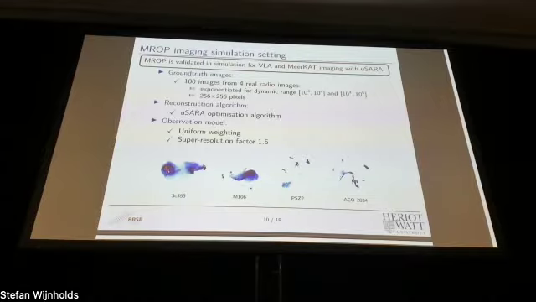And for imaging, we're using an optimization algorithm called USARA, which stands for Unconstrained Sparsity Averaging Reweighted Analysis. It's a pure optimization-based algorithm that exploits the sparsity in 8 different wavelet domains and also the basis domain. And for the observation model, we're only considering uniform weighting with a super resolution factor of 1.5, which is the scale in the Fourier grid.